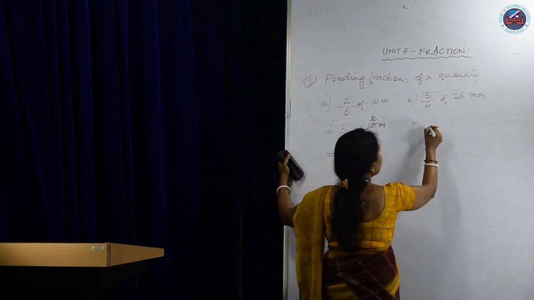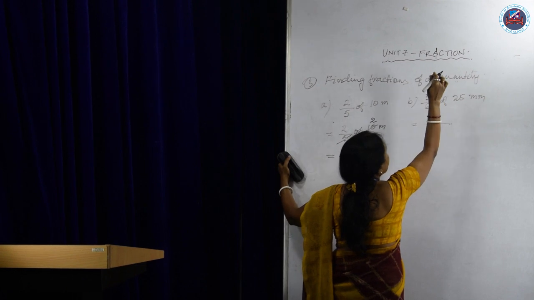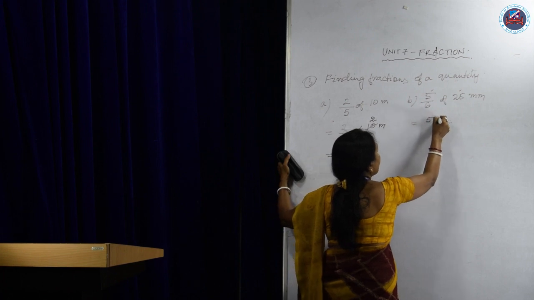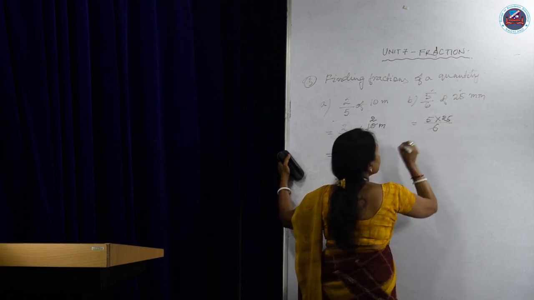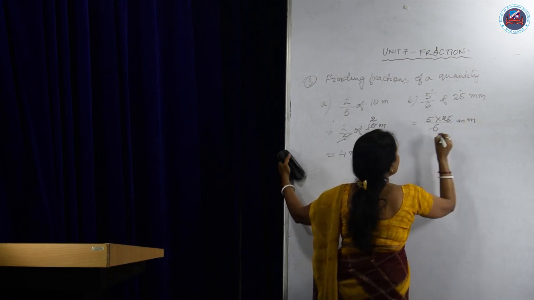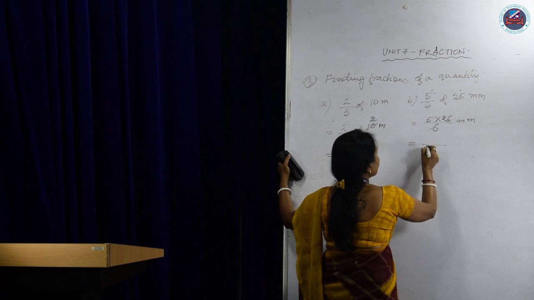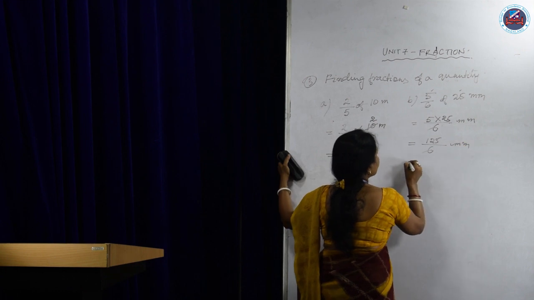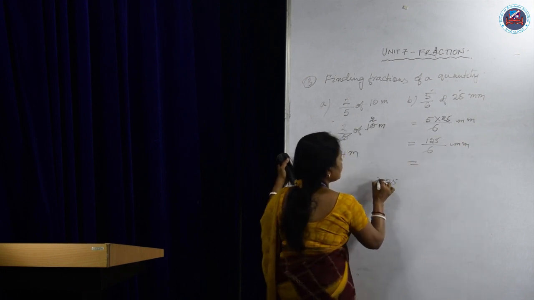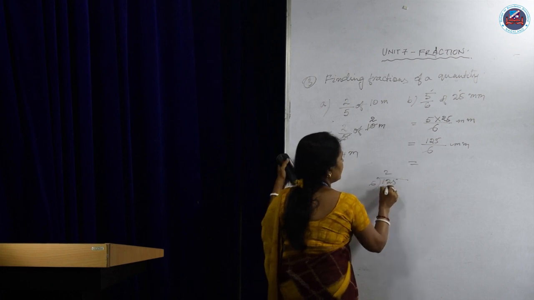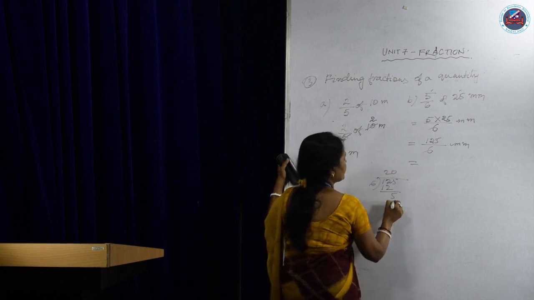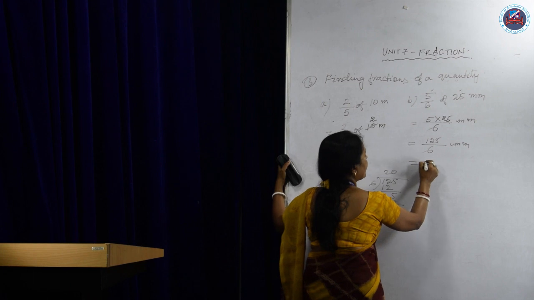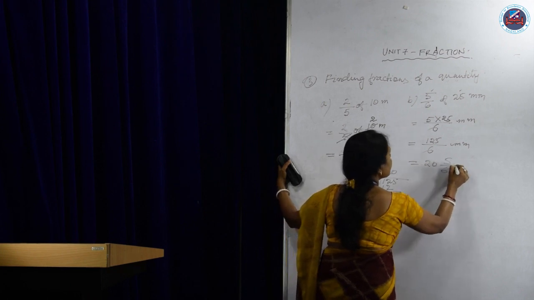So in that case what we need to do is we have to multiply the numerators. Here 5 and 25 are numerators, so we can multiply 5 and 25, and denominator is 6. Quantity is millimeter here. So 25 into 5 is 125 and denominator is 6 millimeter. So divide 125 by 6. 6 2s are 12. Take down 5. 6 zeros are 0. The remainder is how much? 5. So when you convert it into a mixed fraction, you can write it as 20 and 5 by 6 millimeter.